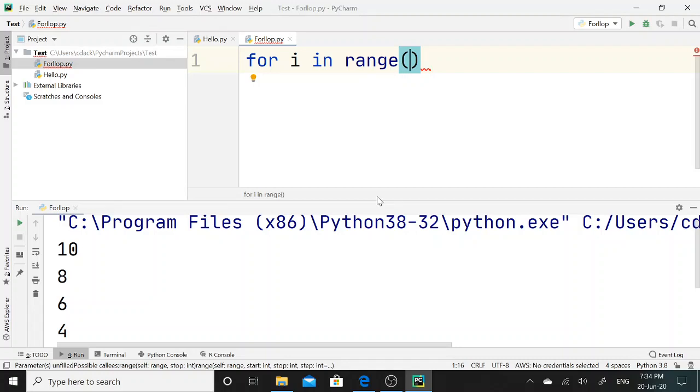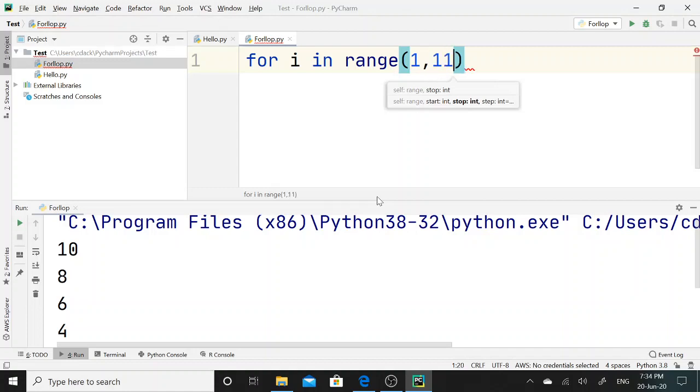For example, if I want to print the numbers from 1 to 10, then initially I will pass one parameter, that is start this for loop with 1. Then since at 10 I want to terminate this for loop, I will pass the second parameter, that is stop 11.